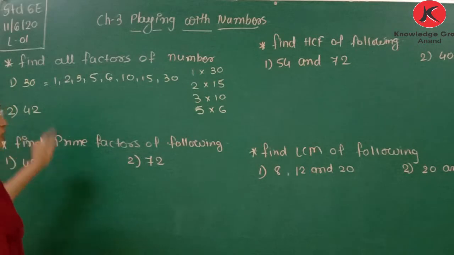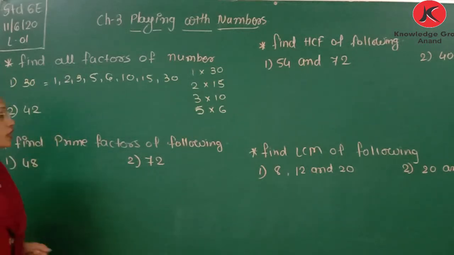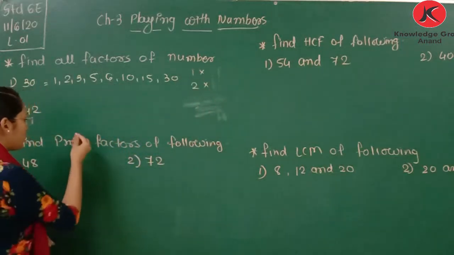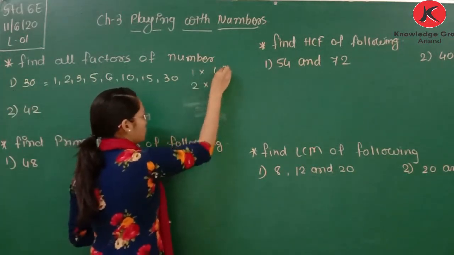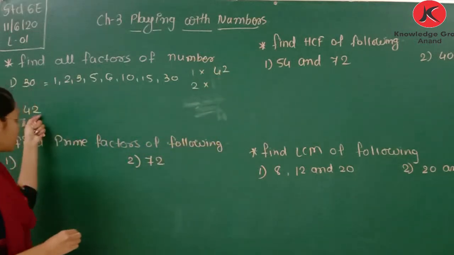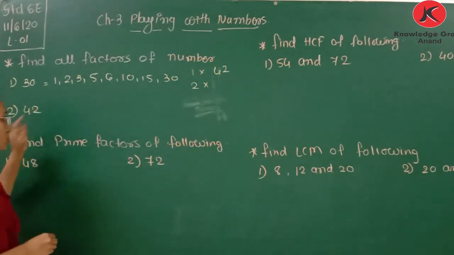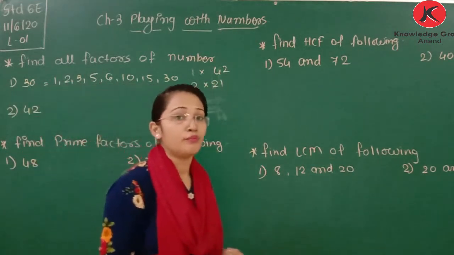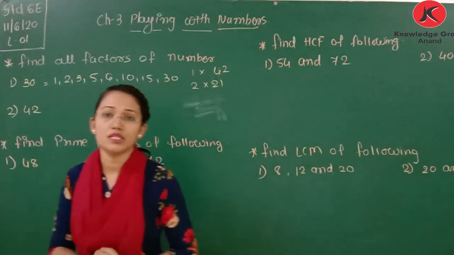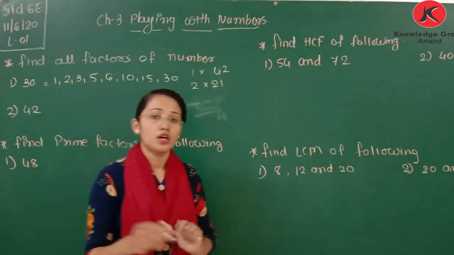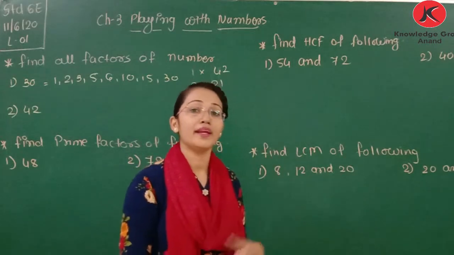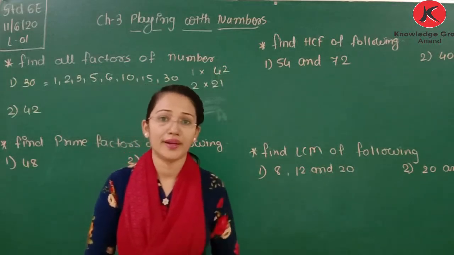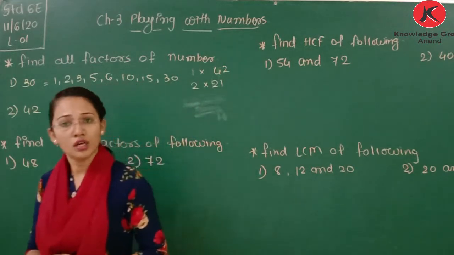Clear. Now next one, 42. Factors of 42, again you can start with 1. 1 is the factor of all numbers. 1 42s are 42. Then it is also there in a table of 2 because last digit is 2. 21 2s are 42. Okay, આ factors યાદ રાખવા માટે તમને 1 to 25 સુધીના ટેબલ્સ યાદ હોવા જોઈએ અને બાકીના bigger number હોય તો તમારે ડિવાઇડ કરીને factors find કરવાના. ક્લિયર? But you must remember the tables from 1 to 25. The regularly table revision करवाना है.